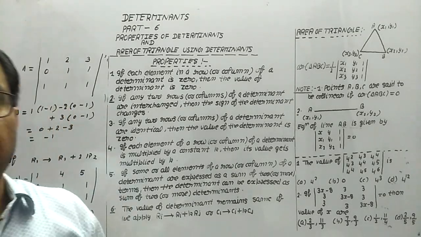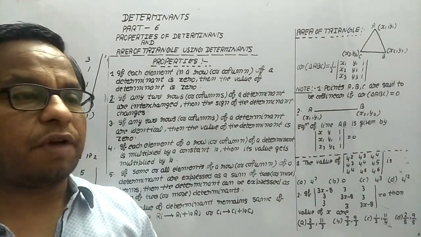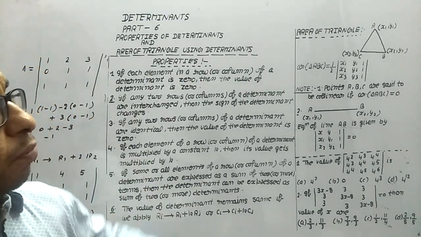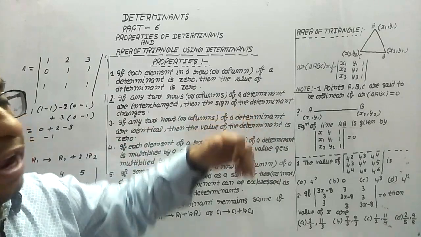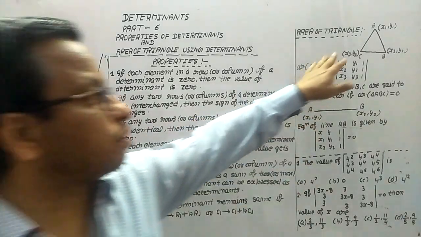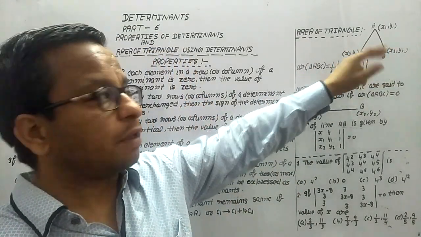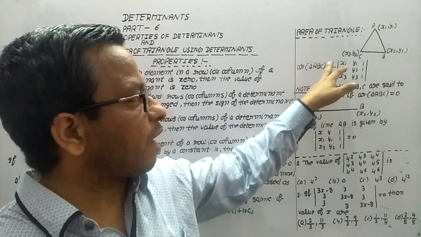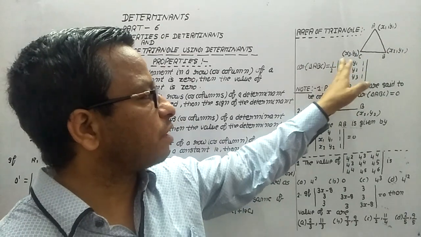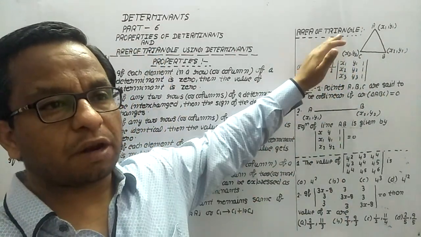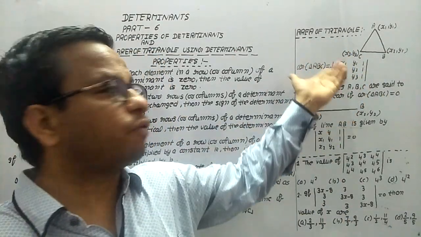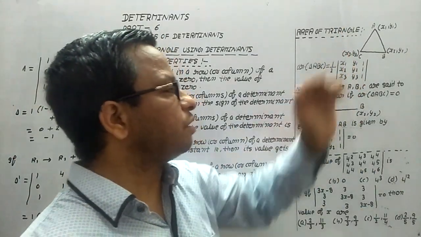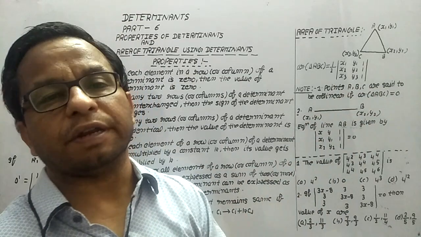In 10th class we were finding the area of a triangle when we were doing coordinate geometry. Here, to find the area of a triangle, we have to use the determinant. Let us suppose these are the vertices of the triangle. Then the area of the triangle is calculated by making this determinant: half, x1 y1 1, x2 y2 1, x3 y3 1. When you calculate by expanding along the first row, you will get the area of the triangle. Same way, if the area of the triangle is 0, that means the points are collinear.